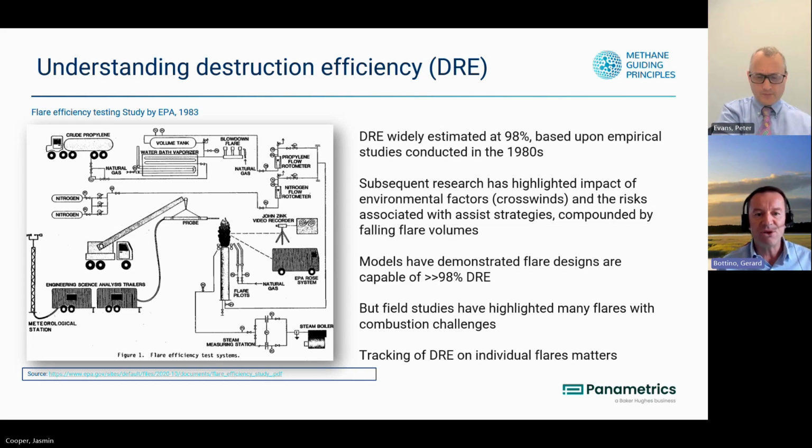In other words, if you have no wind, or if you have, let's say, 15 meters per second wind, everything else being equal, the efficiency will reduce. So additional research was carried out and data were collected. If you look at the sketch, that is fairly old, but that was one of the first that was conducted, with something to collect the plume from the flare stack and analyze the plume to see what the components were